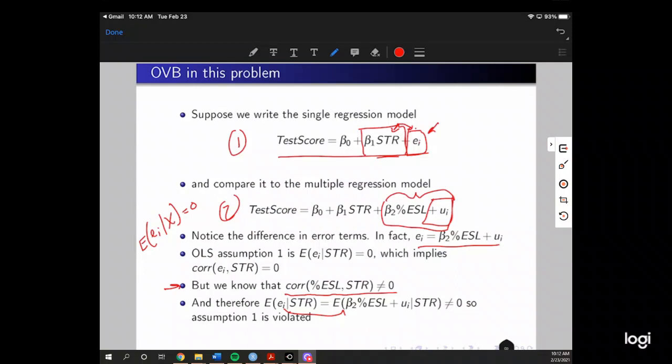So this helps us see the omitted variable bias problem in equation number 1 here. We can make more explicit what's contained in e_i. Percent ESL is contained in e_i, and so we can ask the question more explicitly: is the stuff over here uncorrelated with the stuff over here? We know that it is not, and so we're violating assumption number 1 of OLS. So we get omitted variable bias. And what does this do to our